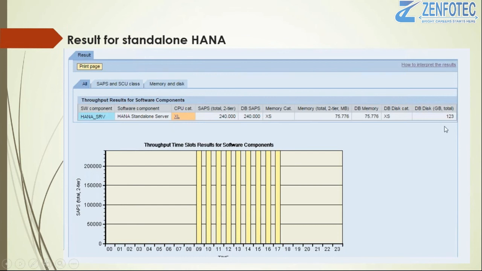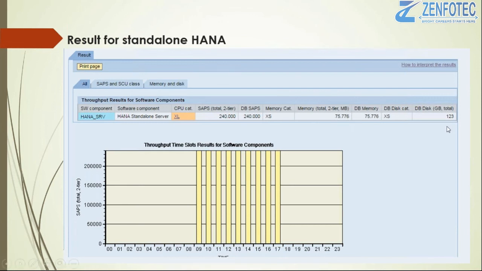This is not the complete figure. This recommendation doesn't include your log volumes and data volumes. It includes only your HANA shared and the /usr/sap. The log volumes and data volumes you have to calculate based on this memory.